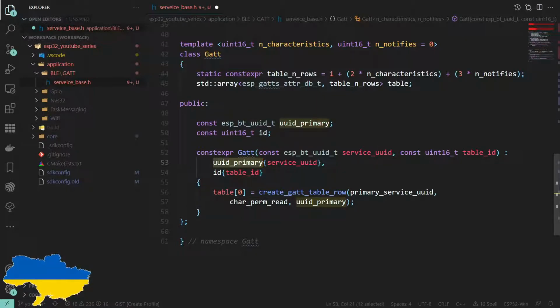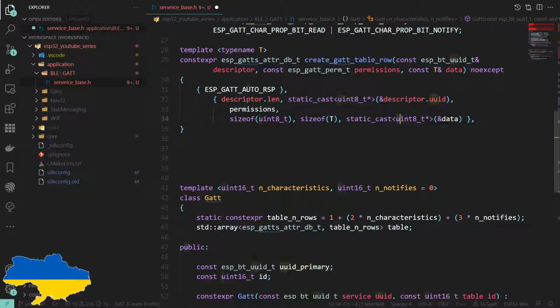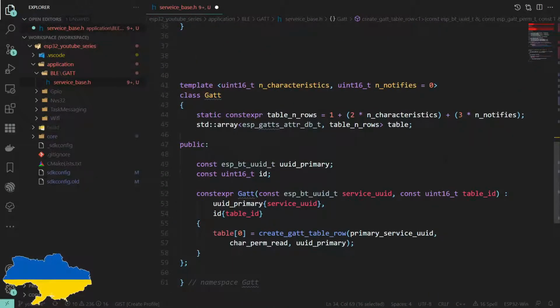Notice that I'm passing in our class instance of this, because this is passed by copy, and if this gets destroyed, because we're taking a pointer to it, then that becomes a dangling pointer, which is bad, very bad.